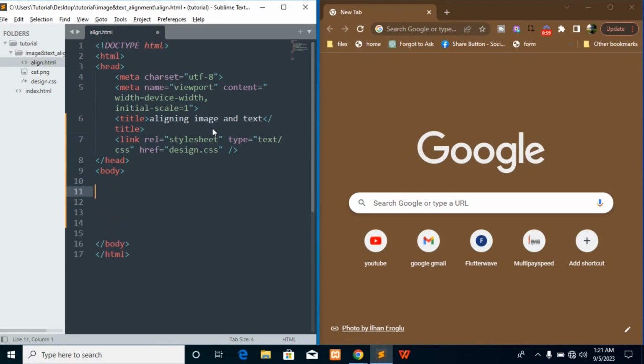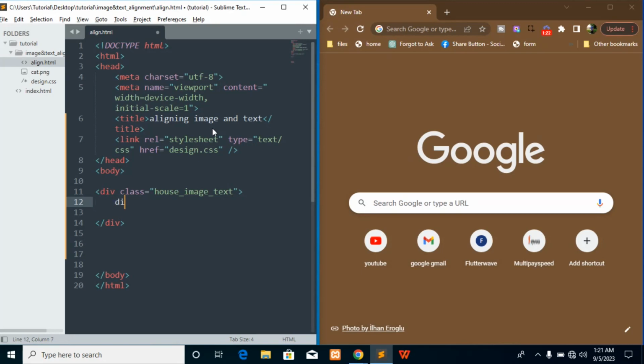Let's get started. The first thing now I'm doing is that I'm opening a div with the class name house_image_text.